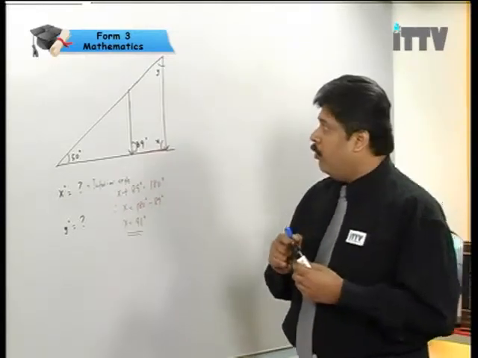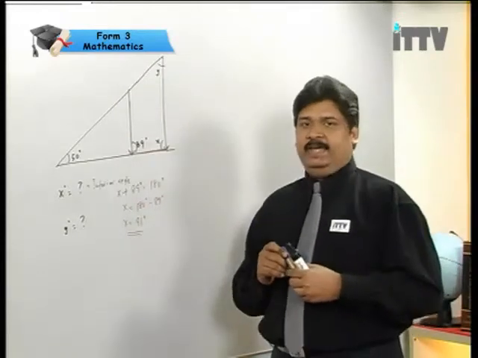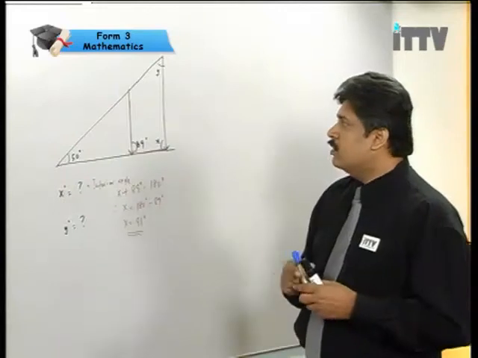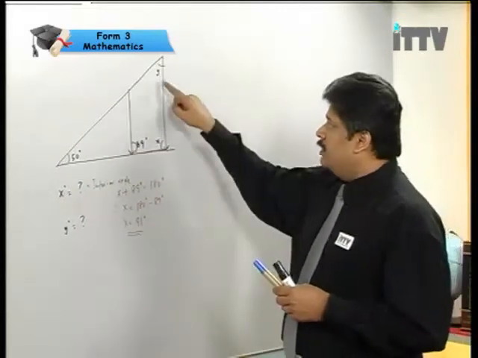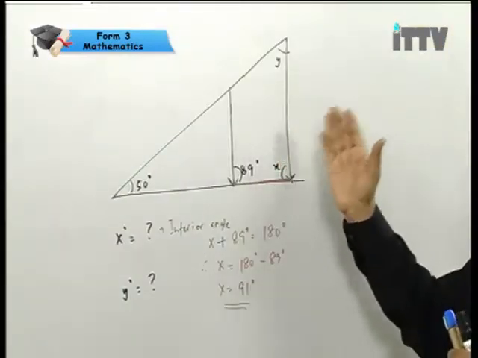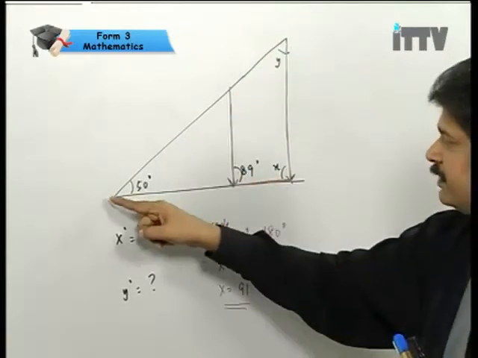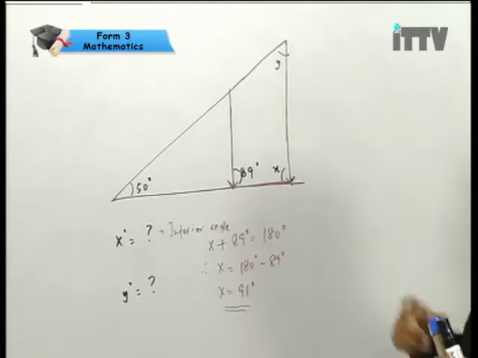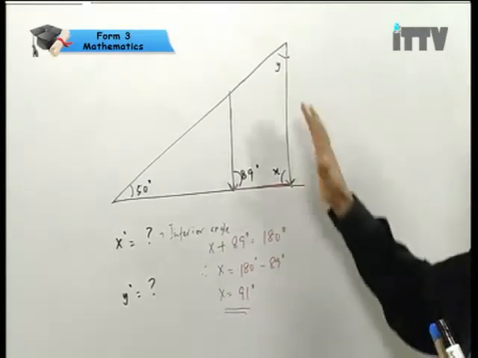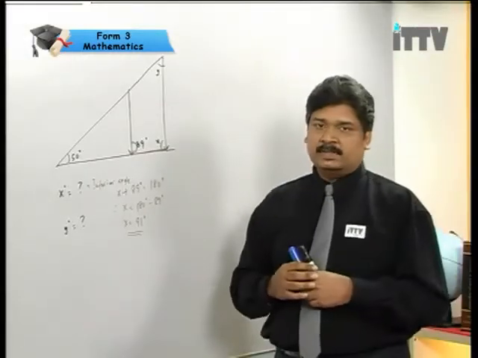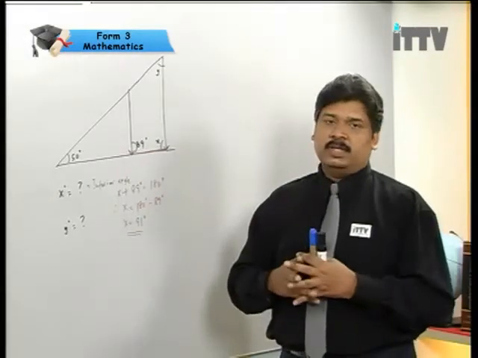Now, for y, it is a bit trickier. Why is it trickier? It is because if you look very closely, the position of y is actually inside a triangle. If you look at all this closely, it is actually a triangle. Now, for the concepts of a triangle, you know the sum of angles in a triangle amounts to